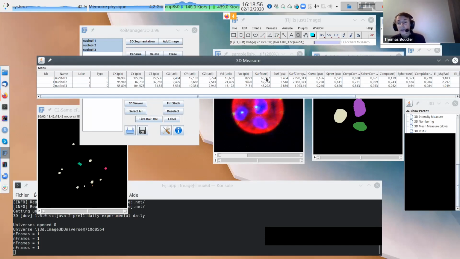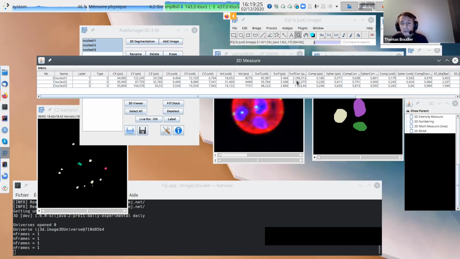Now we have the same for the surface. The surface is like the contour I draw, the number of voxels of the contour, which I will show you later. Now I have the same thing in unit. You can see the surface is a bit pixelated, like steps, so maybe we want to smooth it a bit. So we have something called the corrected surface, which is eventually a bit more accurate.